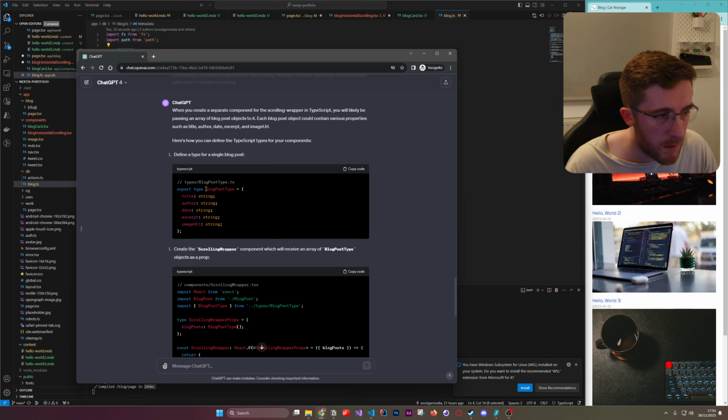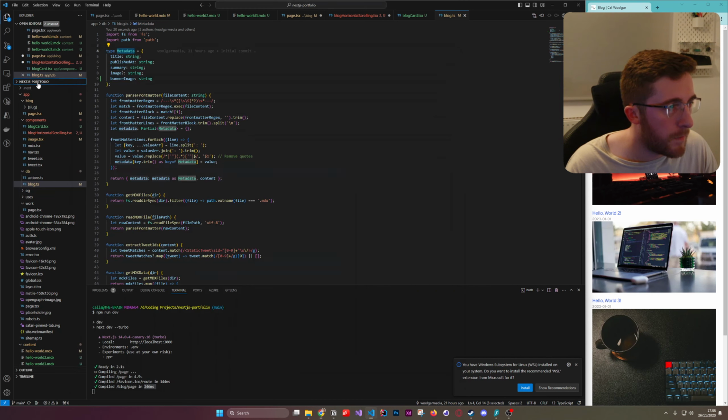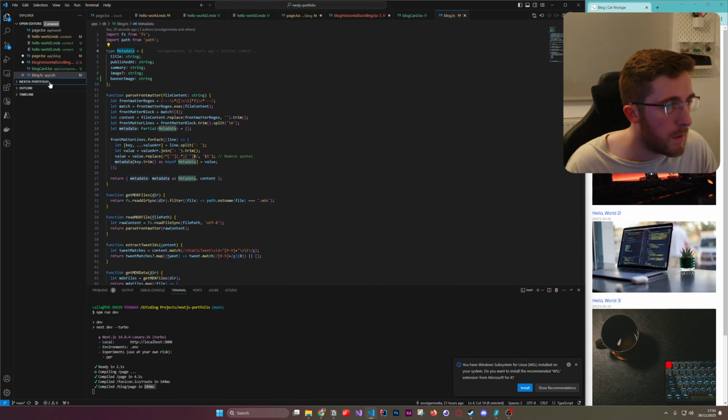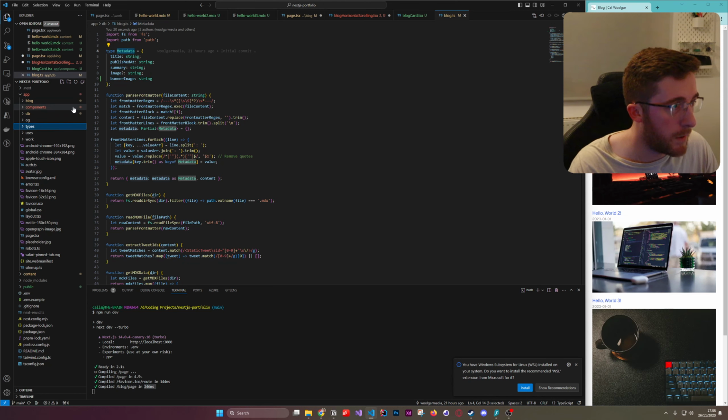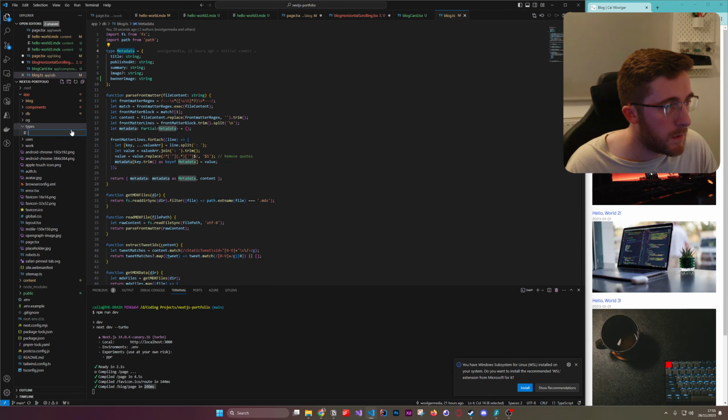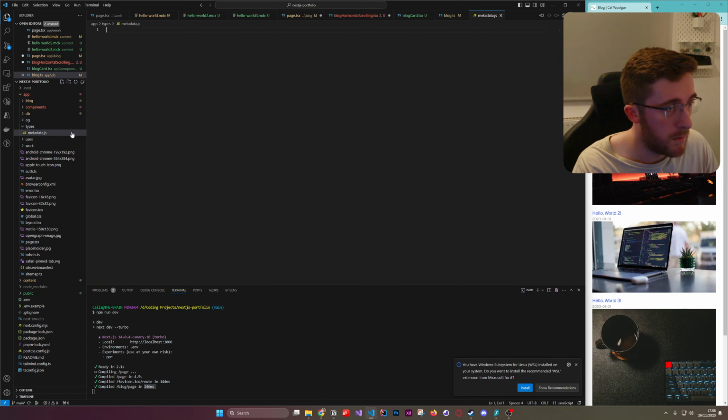Let me see. Export type, yeah. So if I, okay, we go to app, make a new folder called types. Then we create a new file called metadata dot JavaScript,